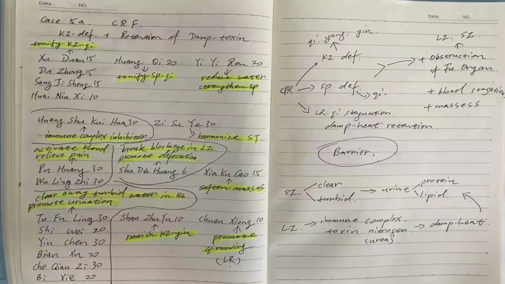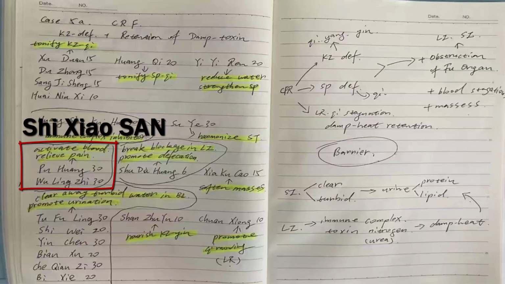And also doctors use something like 黄鼠葵花. This is especially for proteinuria. It's more like an immune complex inhibitor or like a proteinuria inhibitor. This is according to modern research we found this kind of medicine especially very useful in treating the proteinuria and immune complex inhibitor. And also doctors select the 蒲黄 and 五灵脂, which is called 失效散, to activate blood and relieve